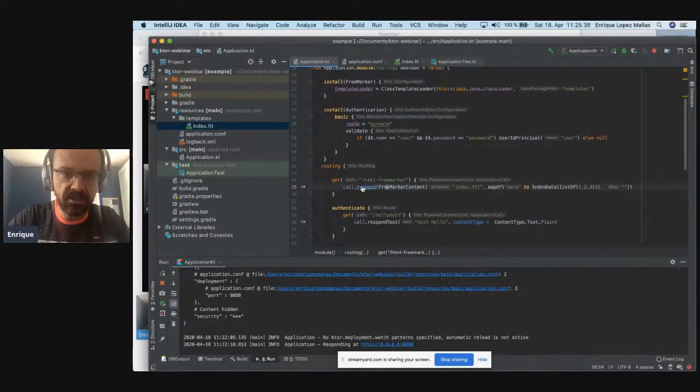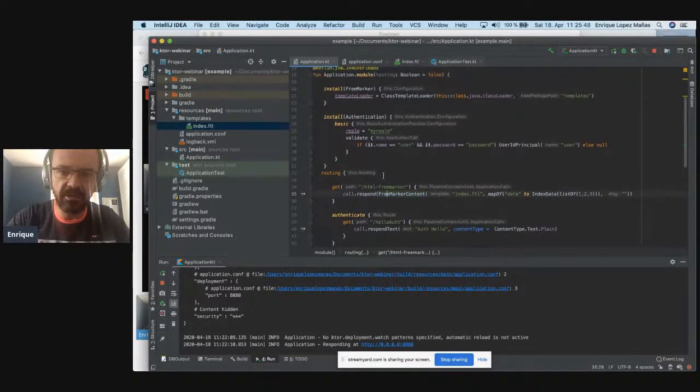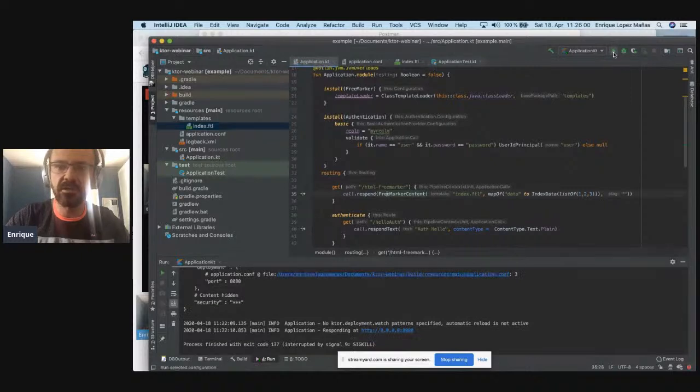So essentially, this response needs to receive one message. In this case, we're going to use the constructor of the FreeMarker content feature that we have installed, where we pass the template and some set of data. In this case, it's going to be a list of this index data class that we have created, and this list contains the elements 1, 2, and 3. If we restart our web app,